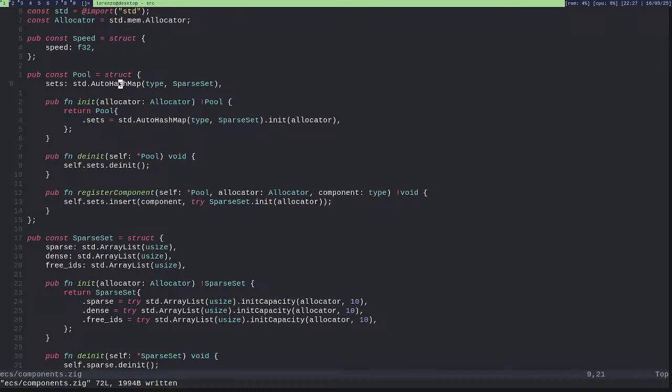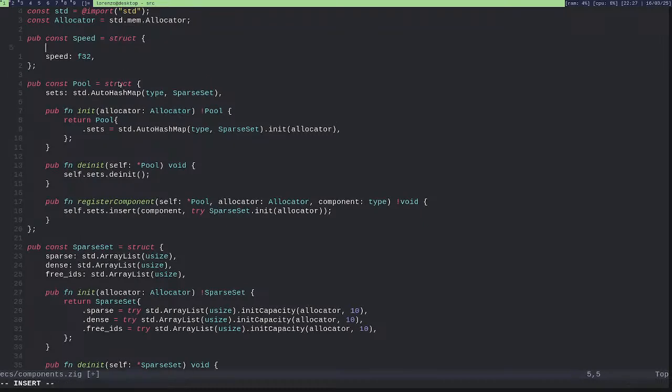Well, I can have const ID equals to, yeah, like this, I think.